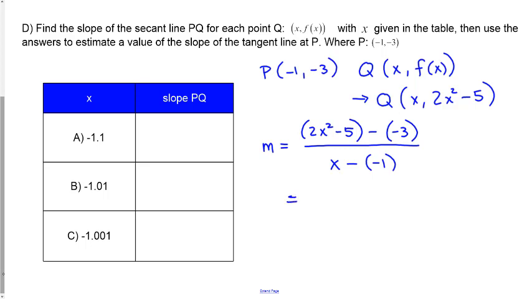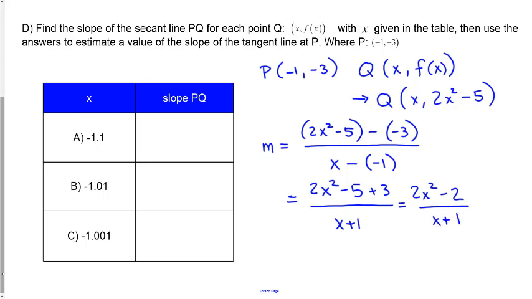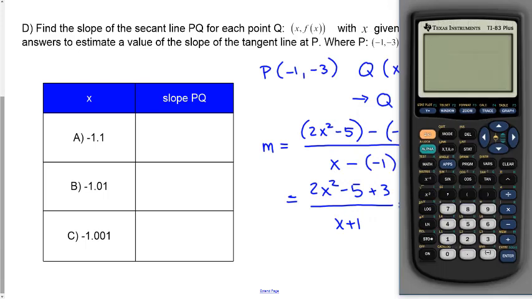This is going to simplify a little bit. 2x squared minus 5 plus 3 over x plus 1, or 2x squared minus 2 over x plus 1. And you might recognize that that could algebraically reduce, but ignore that for the moment. We're going to just do this using the table method. So to calculate this limit using the table method,